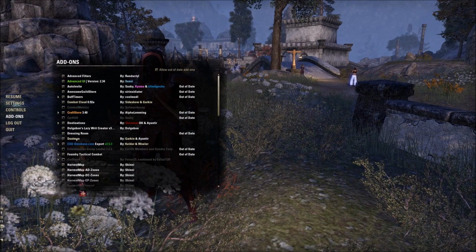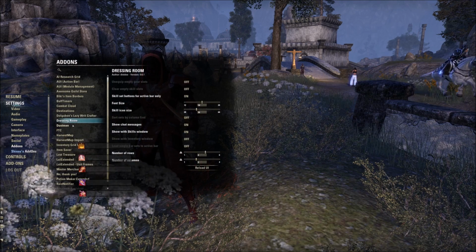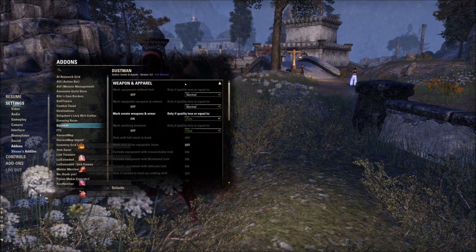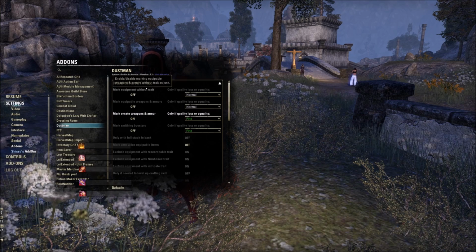Dustman's is a really nice add-on for those that don't want to deal with junk. Essentially what it does is it remembers items marked as junk, and it will sell crap that you don't want to deal with. So if you don't want to decon white items or whatever, it will automatically